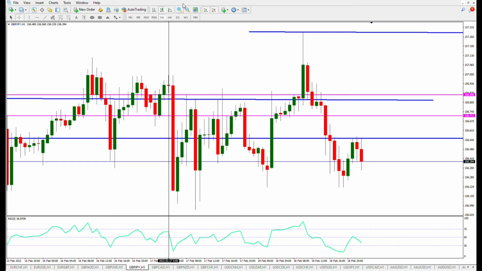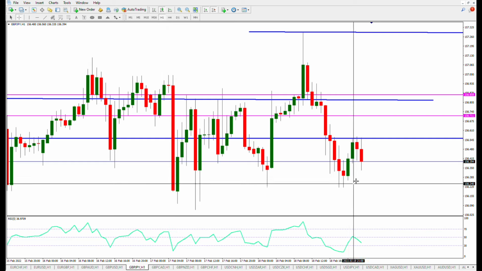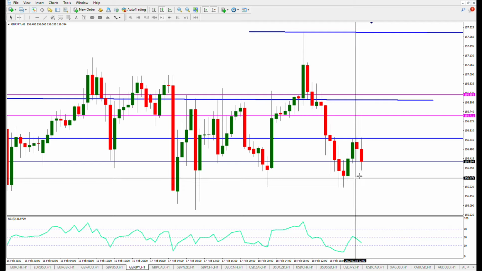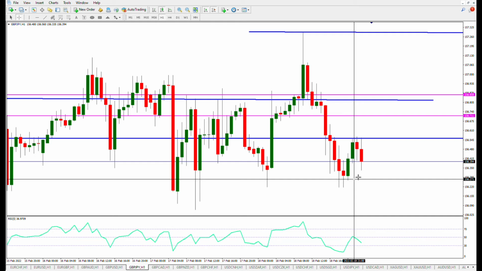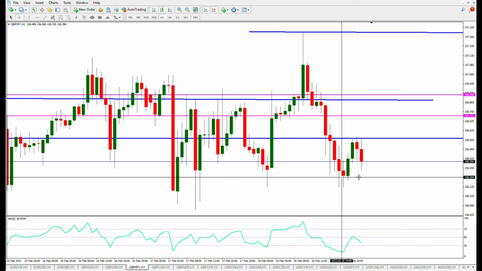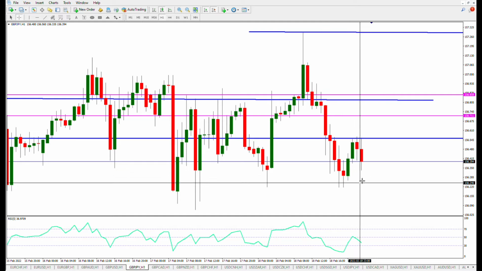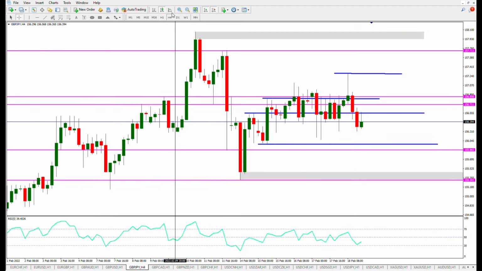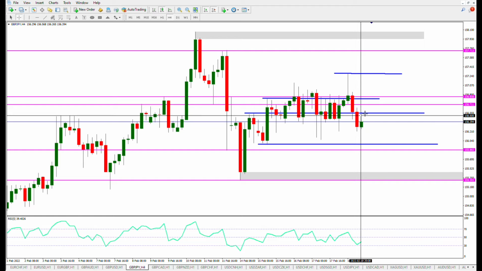So I'm going to be putting pending orders when the market opens. I'm going to be putting pending orders right over here and try to see what is happening, what can happen. But I see a bearish move right here. But I don't see a pullback on the H4. So yeah, that might be a little bit